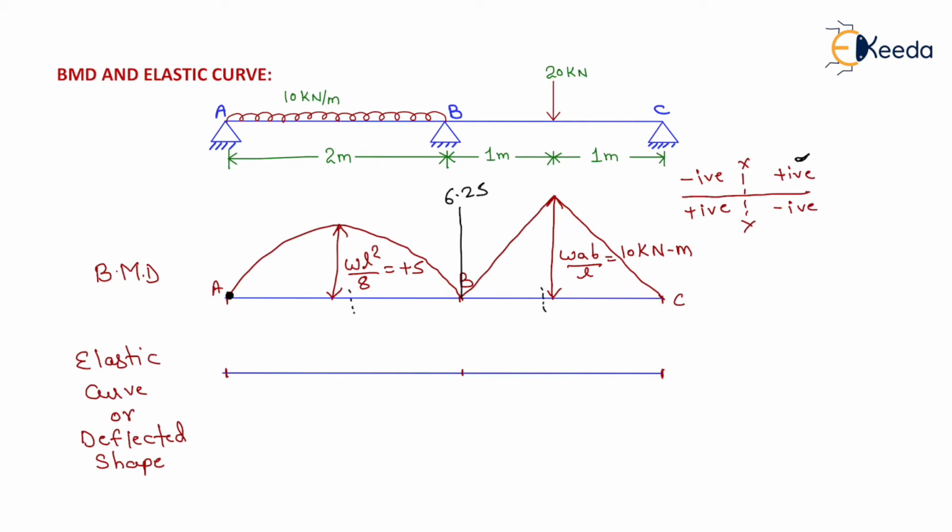Now in the second span BC, suppose that the section is this. On the left hand side of the section, that is on span BC, the moment is negative. So on the left hand side of section XX, if the moment is negative, then it will be plotted above the axis. So we had plotted it above the axis. Now at support C, the moment calculated is 0, so we had plotted this point as 0. Now we need to join this by a straight line, that is like this. Similarly, like this.